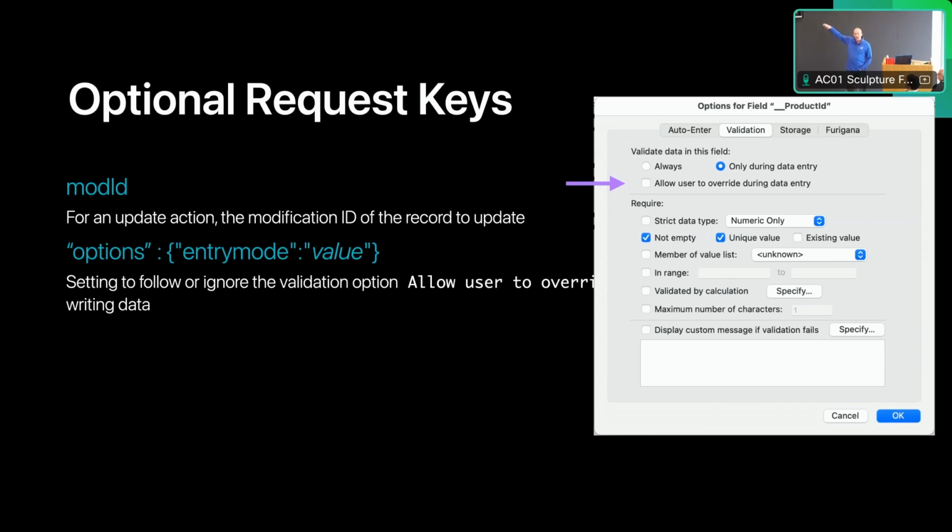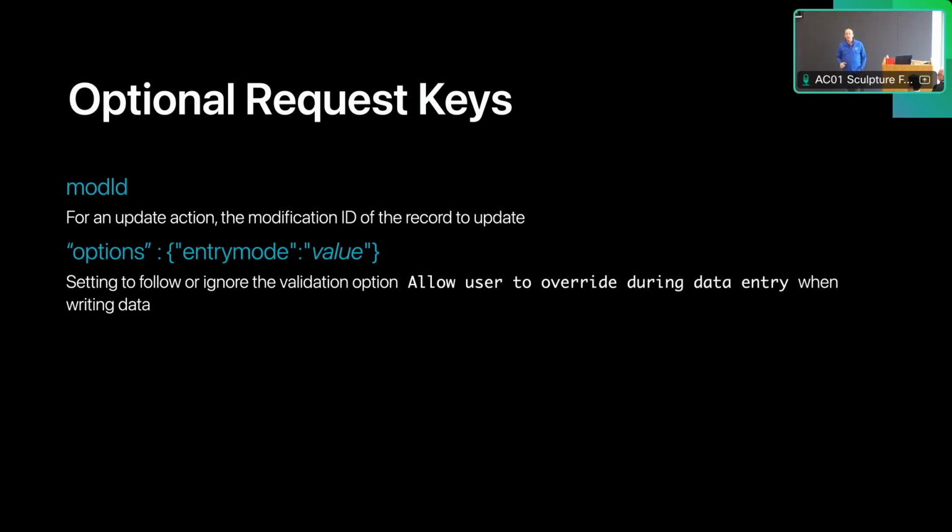So depending on whether that checkbox is checked or not, if you use the value of user, it will follow the setting. But if you use the value of script, it's going to follow whatever the script behavior is and allow that to occur. So is that something you need to be aware of if you're doing the duplicate and you have to override the verification so that it can create its own unique ID? Yes, you do need to pay attention to that during duplicate